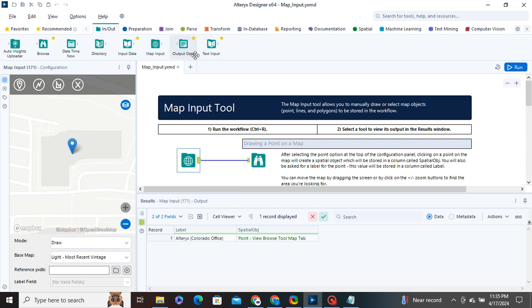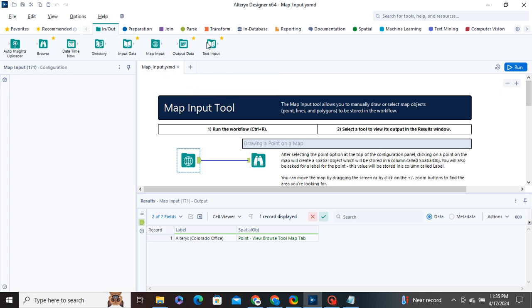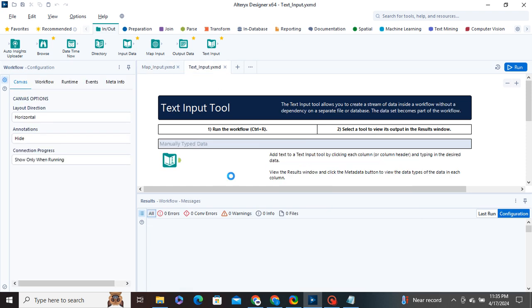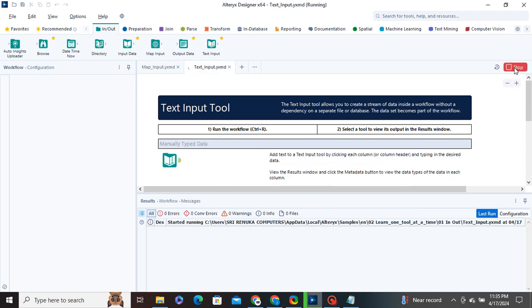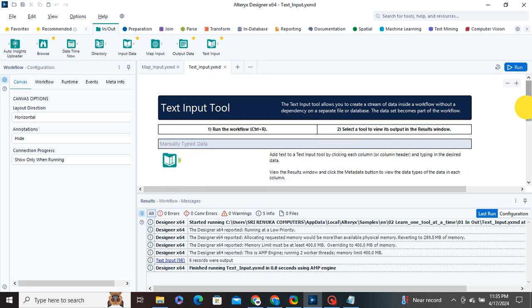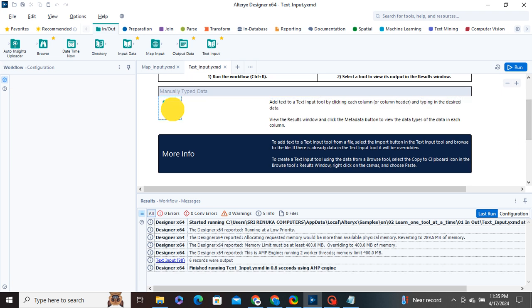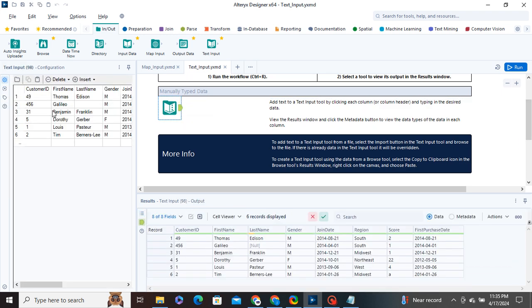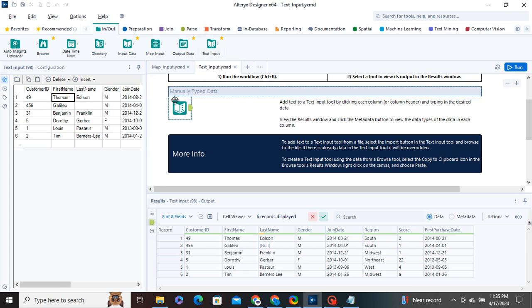Then after, the Text Input tool in Alteryx is a powerful tool used to manually input or create structured data directly within your workflow. It allows users to define the schema, column names, data types, and values of their dataset without the need for an external data source. This is particularly useful for creating sample datasets, testing workflows, or scenarios where the data is not readily available in